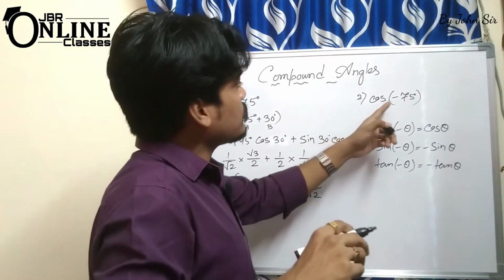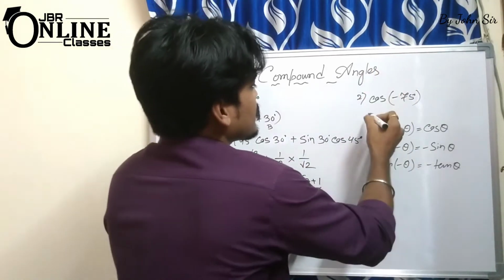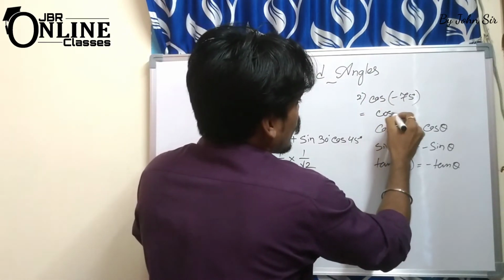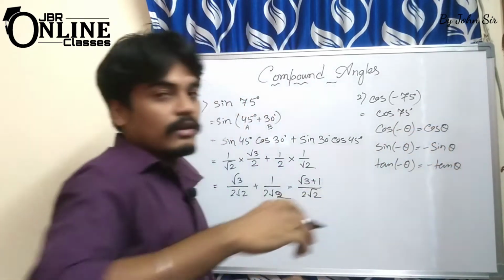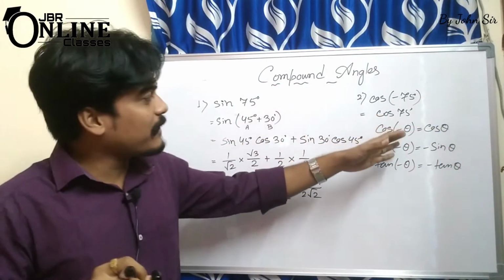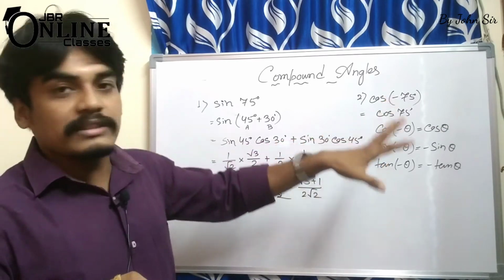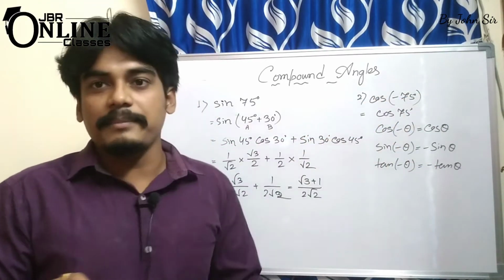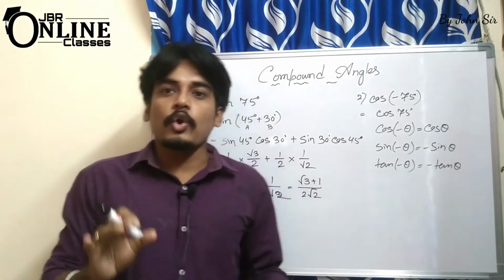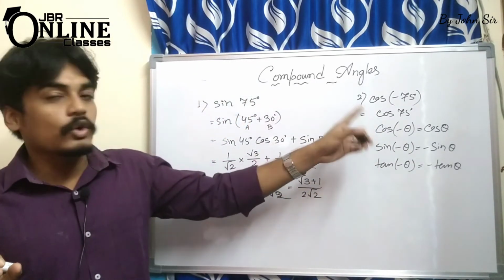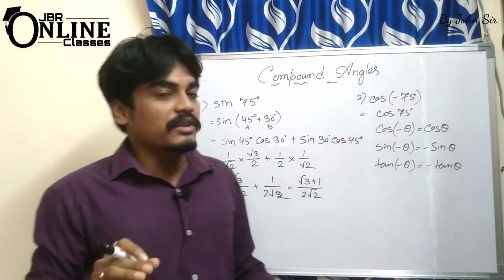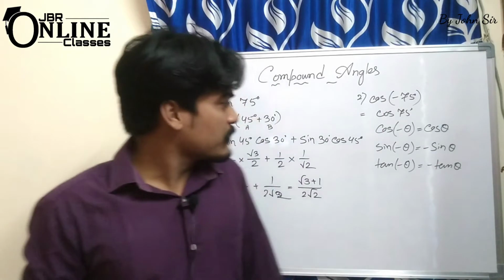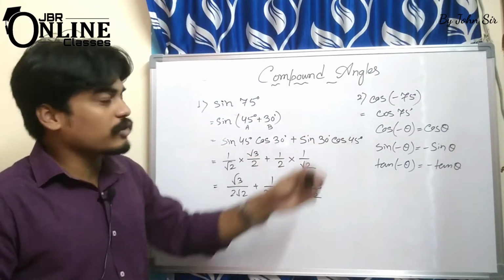So here cos minus 75, that means first you have to write down that minus will be absorbed, then it will be cos 75 degree only. Okay, so cos minus 75 will transform into cos 75 only. Now you can apply the formula. 75 means 45 degree plus 30 degree. So cos A plus B, you have to apply the cos A plus B formula, then put down the values of cos 45, sin 45, sin 30 which you need. Okay, so I hope you can solve this kind of problem.